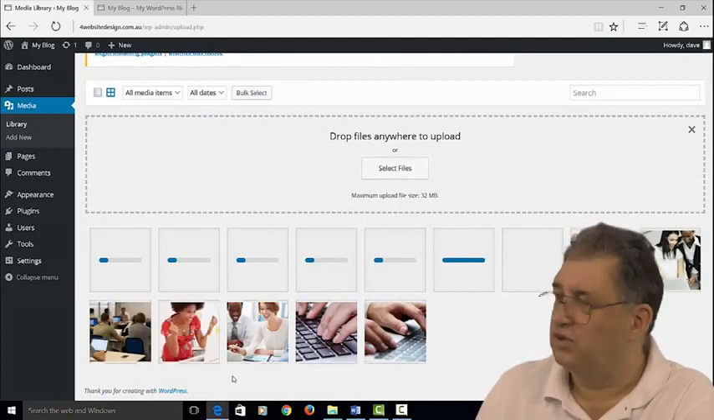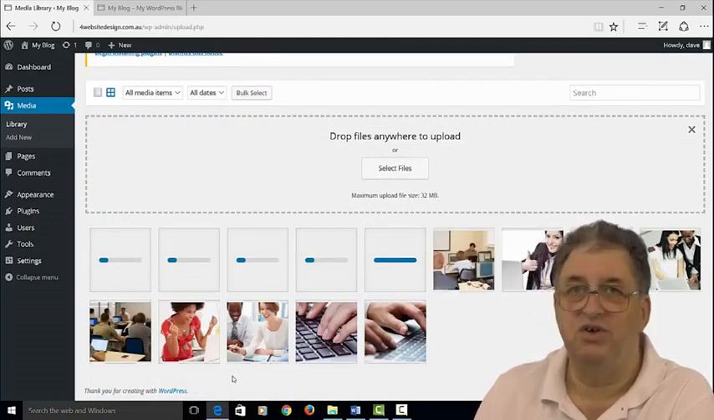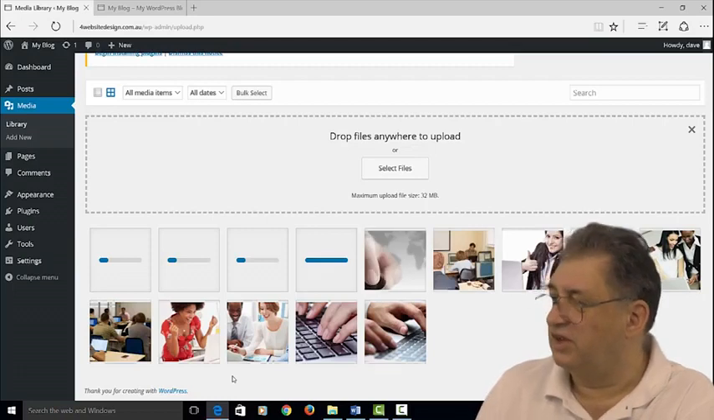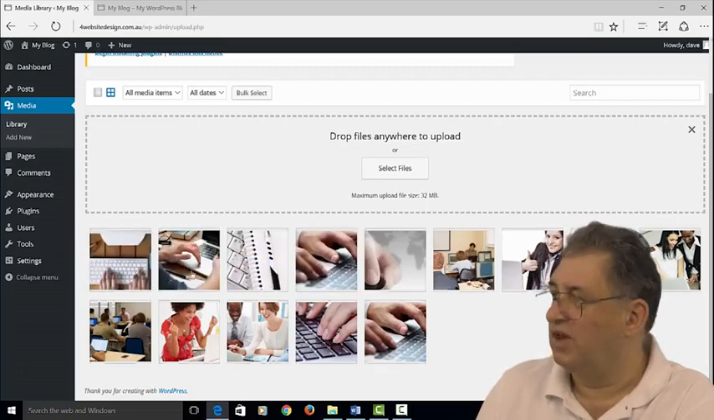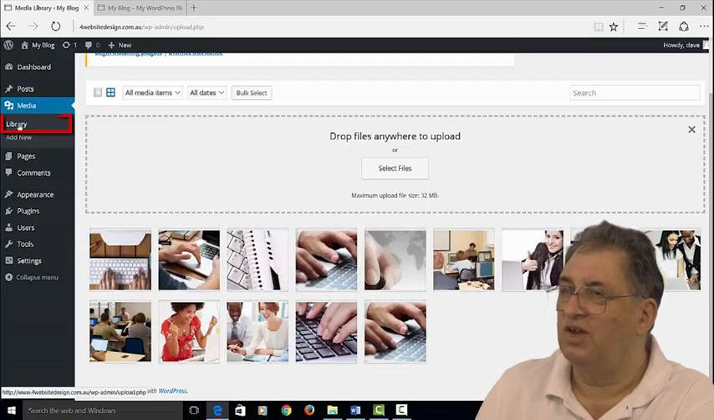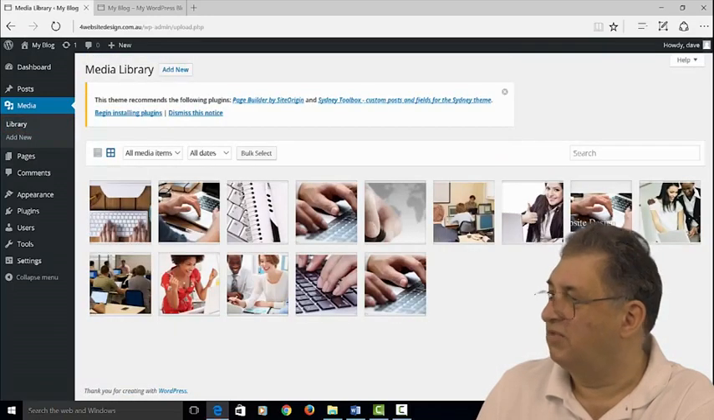And as you can see here they're uploading one at a time. Obviously this will depend on how good your internet connection is, how many pictures you're uploading, and the actual size of each picture. So there you are, we've now uploaded these files. So if I go and click on where it says Library here, you can see we now have these picture